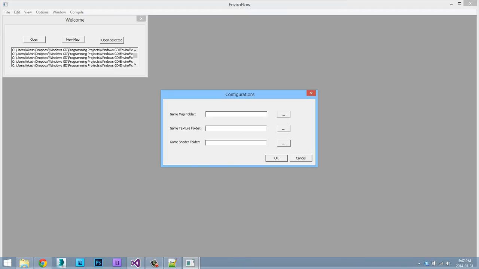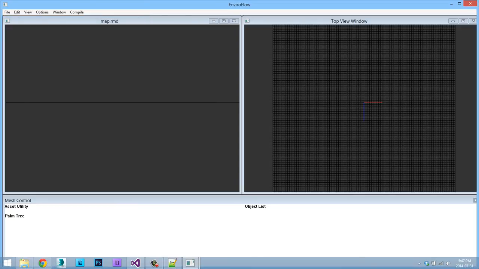So when you have the game, you have to select the map folder, and the reason is when we compile the SMP, I'm gonna get it so that it places it in your folder. The game texture folder, it'll place all the map textures there too, and the shader folder, if you have any shaders, puts them in the game shader folder. Now we'll leave it blank,